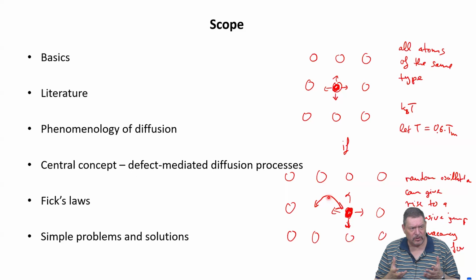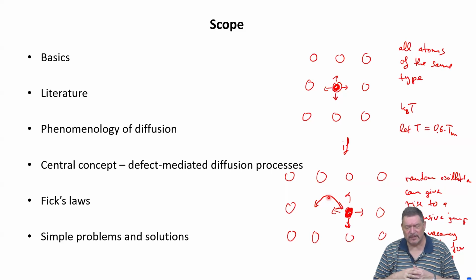This is why temperature is necessary, because if you go to too low a temperature, there is no diffusion, it's frozen in. It will happen, but so rarely that we have no chance to observe it at all. And this is why I mentioned let the temperature be 0.6 of the melting temperature, because as a rule of thumb, at half the absolute melting temperature, measured in Kelvin, diffusion becomes measurable. So if it's less than 0.5 T_M, the observation time for diffusion will be much longer than any lifetime of ours, so we don't see it.